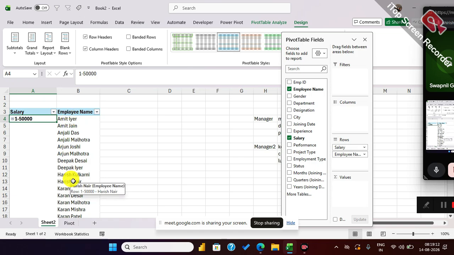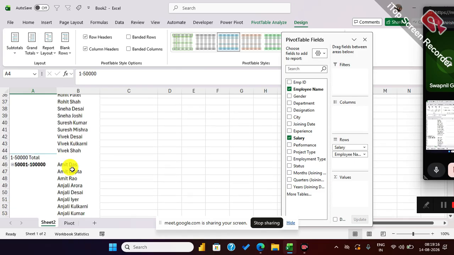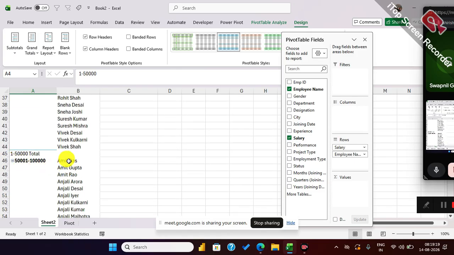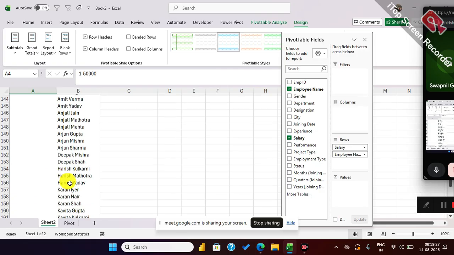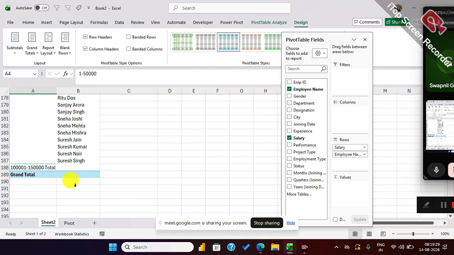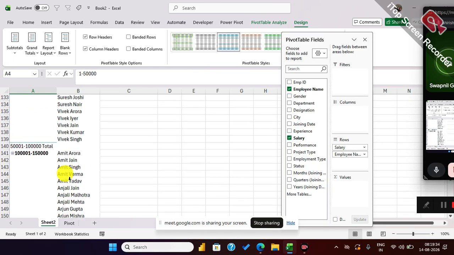आ रहे हैं, ठीक है। अब उसके बाद दूसरा रेंज है हमारा 50,000 से लेके 1 लाख के बीच में ये सारे एम्प्लॉयज हैं। तो ये एम्प्लॉय का एक रेंज पता चलता है, 1 लाख से लेके 1,50,000 का ये रेंज है। अब ये ऐसे ही 50,000 का स्लैब कंटिन्यू करेगा। करेक्ट।